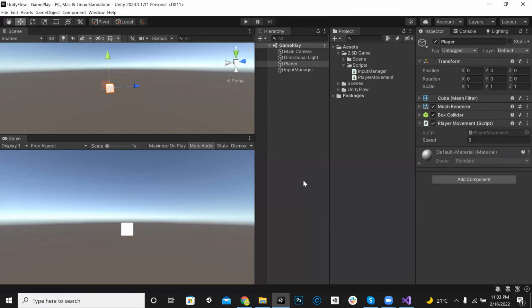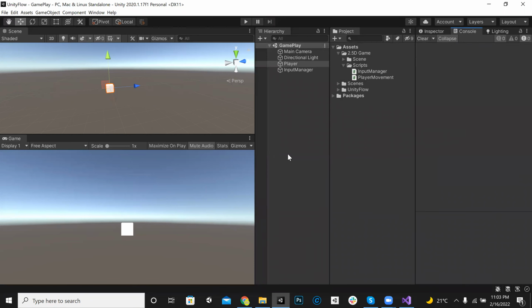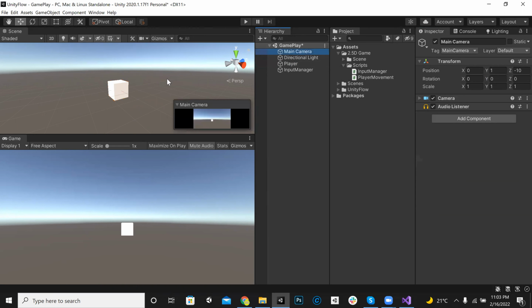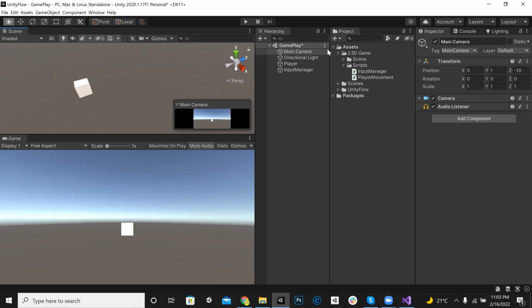Okay, so yes, now we can make it 0, 0. If I make it 180, it becomes like this. Okay. So the main camera should be